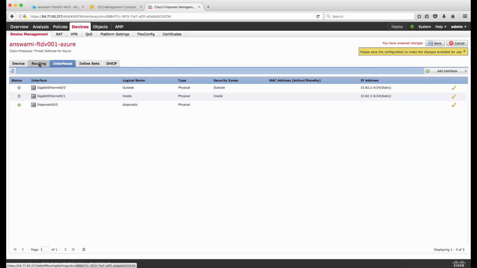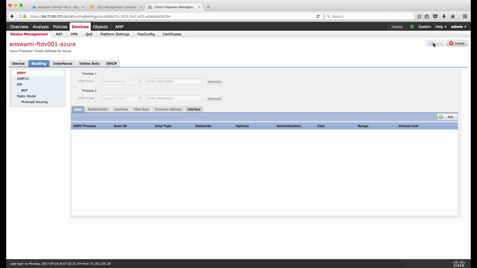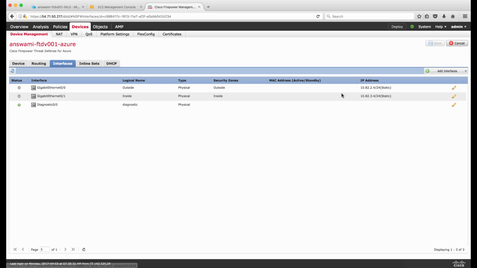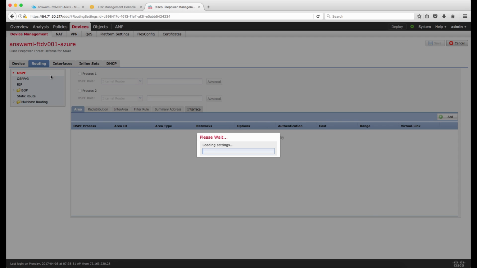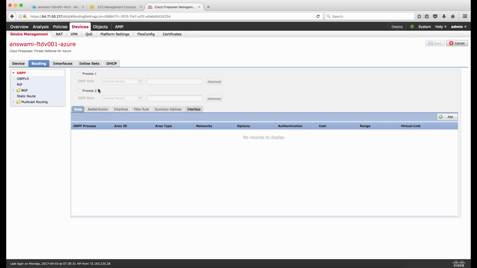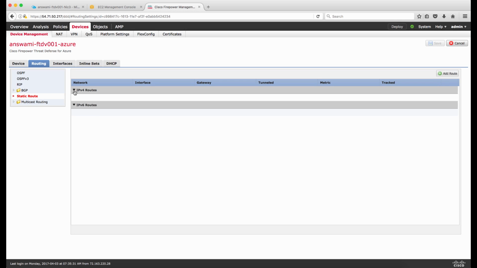I will go to routing part as well. Before I go to routing part, I will click OK, or save, just to save this config. And let me go back to interfaces, see if those things are there. Yeah, I'll go to routing. Under routing, I'll just go to static routes and I'll add a default gateway here as well. So I'll click add route,